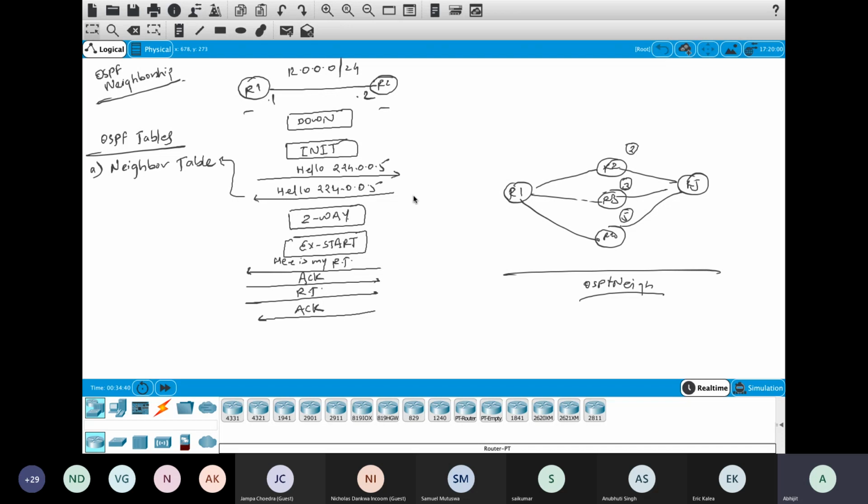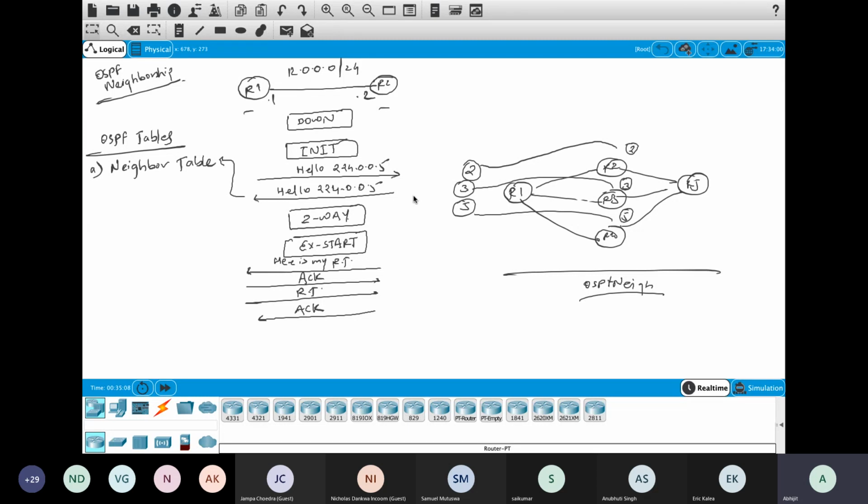Okay, so when we consider them as OSPF neighbors, then in EIGRP, the neighbors will just give their best route that is available to the destination. But OSPF neighbors will give all the routes that they know about. So R2 is going to give the 2 routes, R3 is going to give the 3 routes that it knows about, and R4 again is going to provide the 5 routes that it knows about to reach the destination. They are not going to give only the best route, but they are going to give all the routes